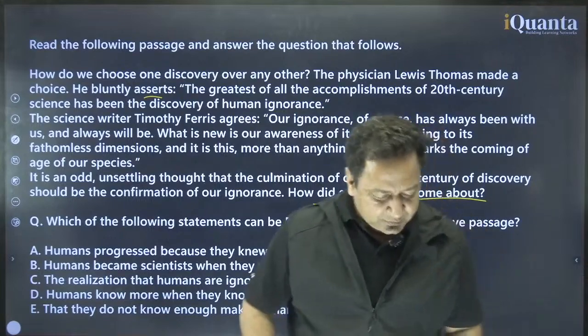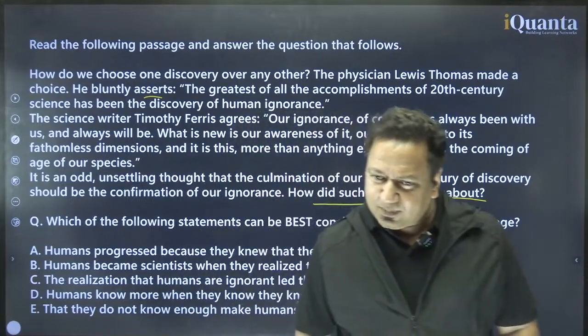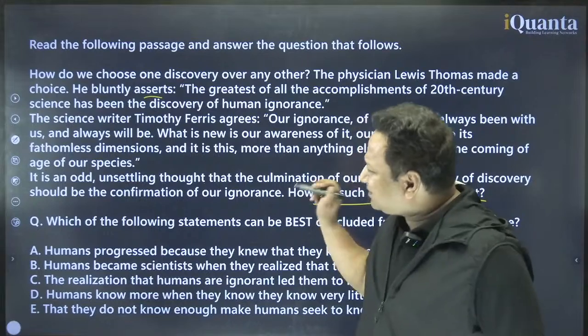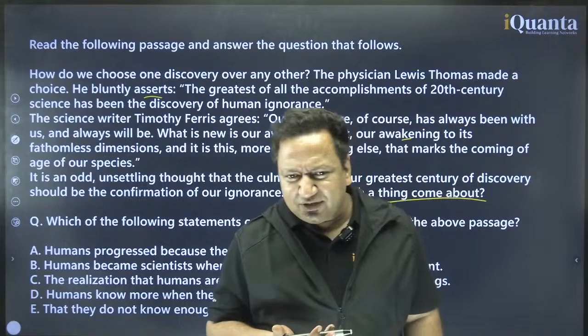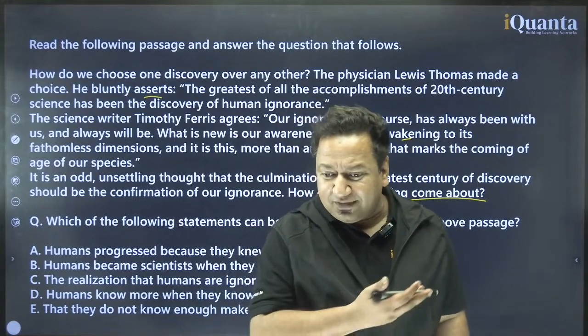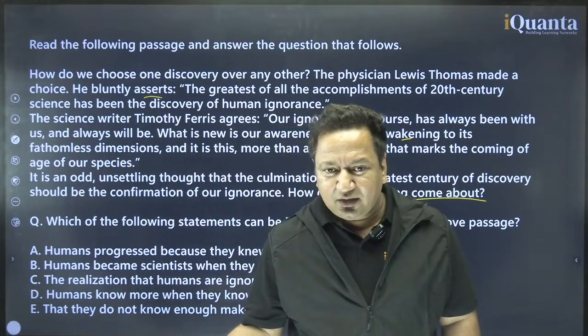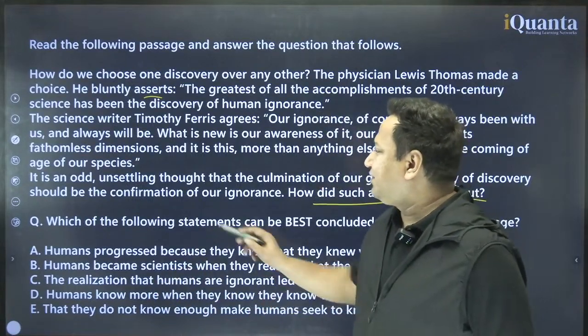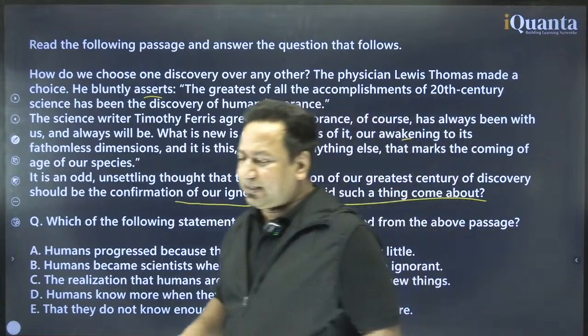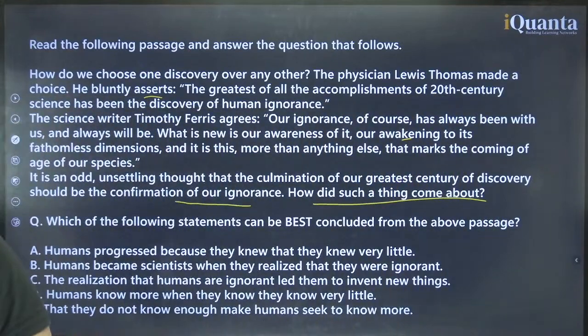Okay. So the author is posing a question to us: how did this happen? That the century in which we have discovered a lot, how does it happen that this happened? Because somehow we confirmed to our ignorance. That is what the author is posing as a question, isn't it? So now we need to understand what is the exact